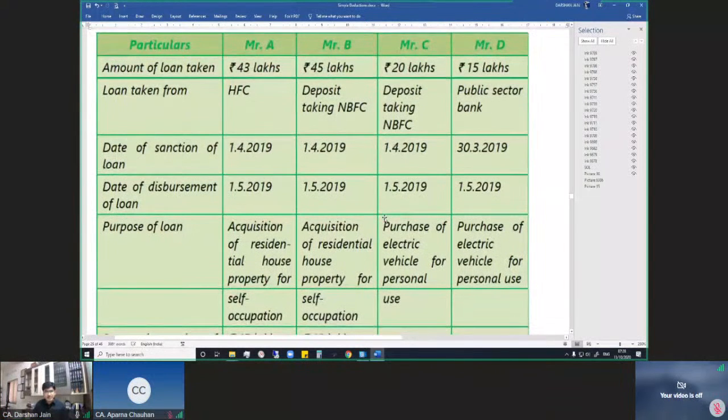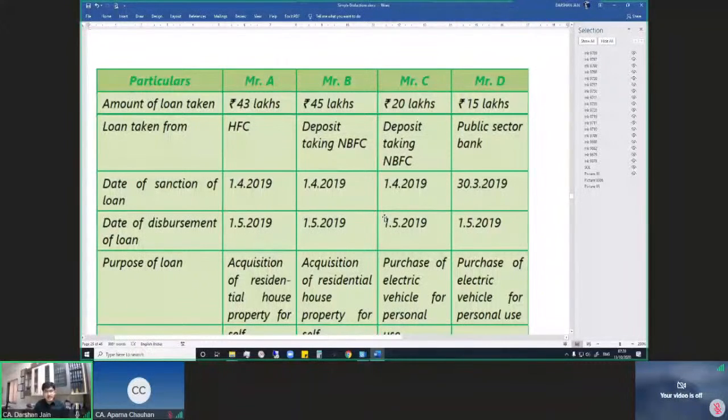Let us take a small example here and understand the concept of 80EEA and 80EEB. Now the date of sanction, a loan taken by Mr. A of rupees 43 lakhs. Loan is taken from a housing finance company. A housing finance company giving loan for an electric vehicle, that is not allowed. However, housing finance company giving loan for acquisition of a residential house, covered. Date of sanction is 1/4/19, that is 1920. So sanction is